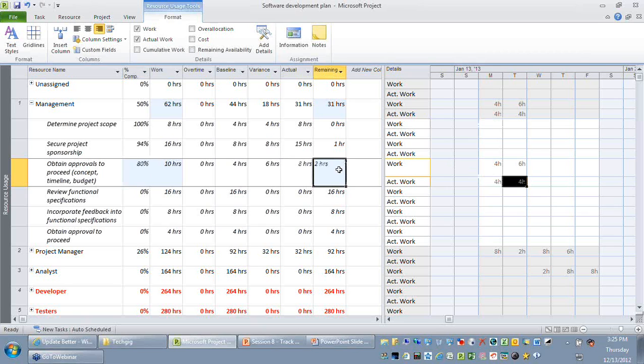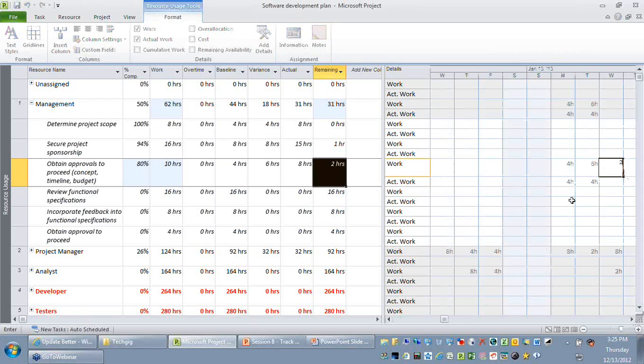And you also have a remaining. Maybe let me scroll to the other side. Okay, yeah, I think it's right. Since out of 6 hours of work that has been planned, only 4 hours is completed on Tuesday.